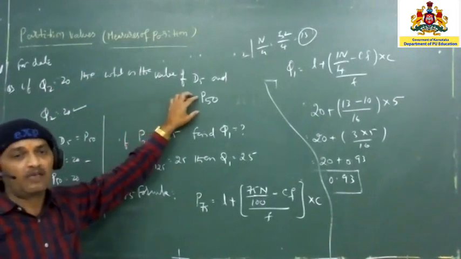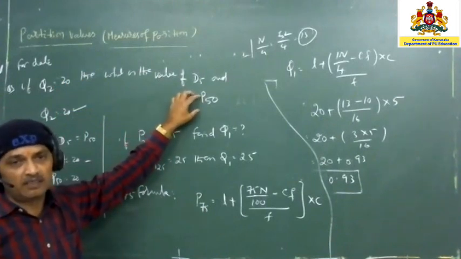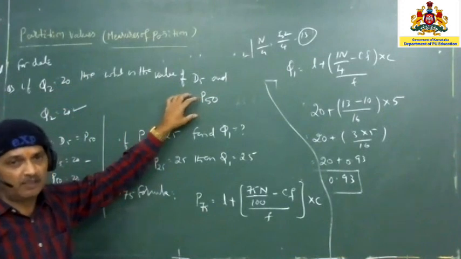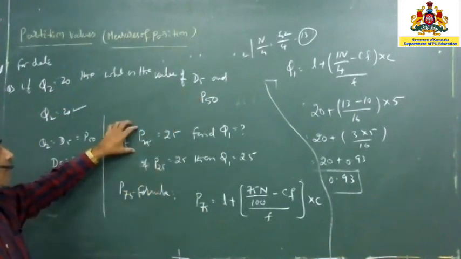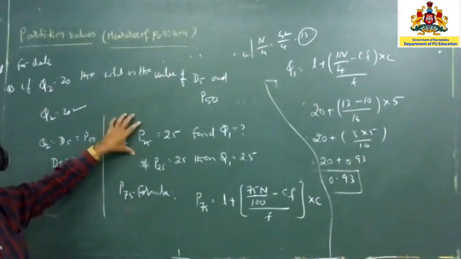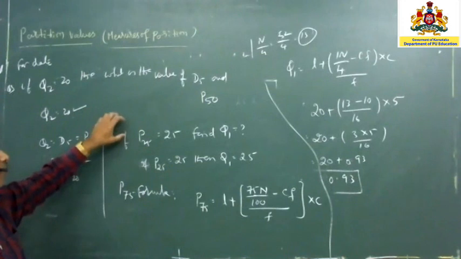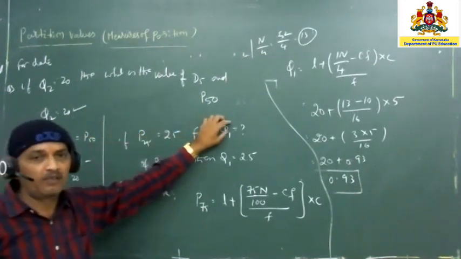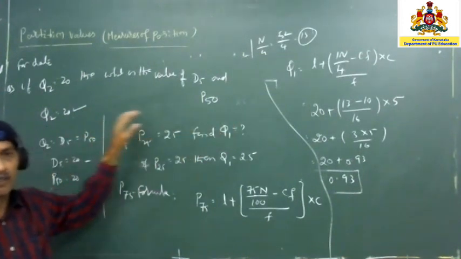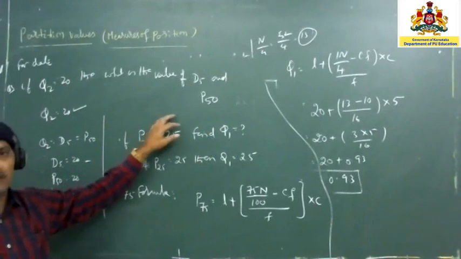The 10th one we left because d10 is nothing but your total frequency. In the same way, for percentiles, the total data is divided into 100 parts, and each part is 1%. So p1, p2, p3, p4, p5 up to p100 we are going to do. So 1%, 2%, 3%, 10%.